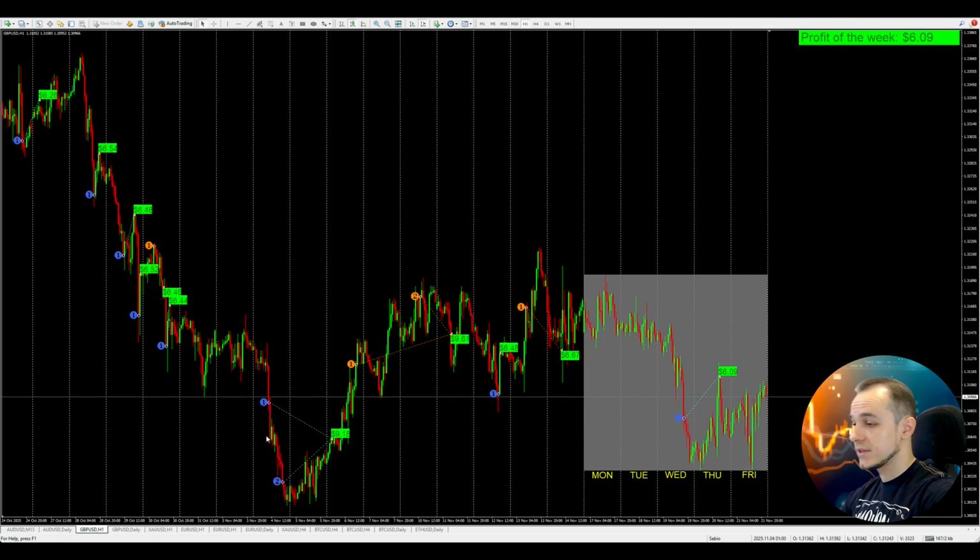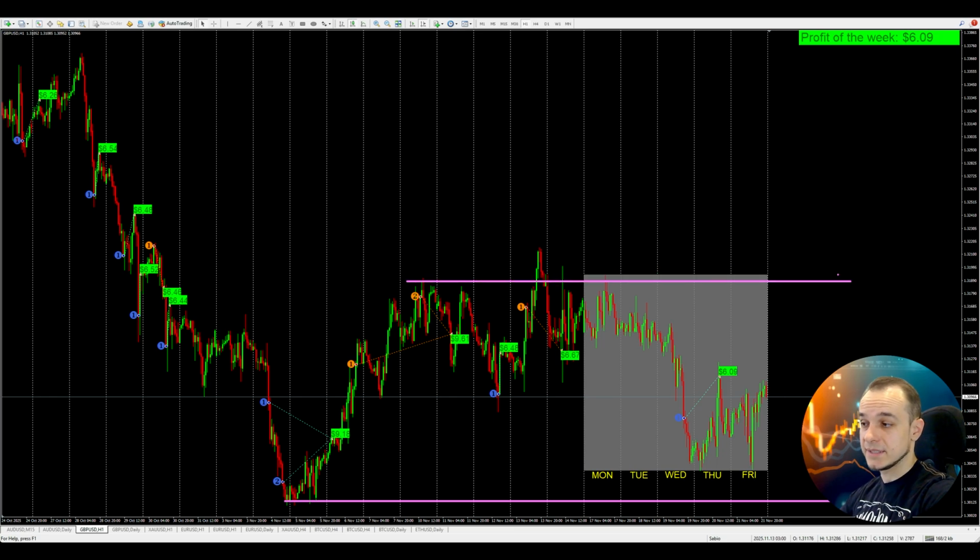The next currency pair is GBP USD, and here as you can see we spent this week in a local consolidation. Yeah, globally we have a downtrend, but as for the trades we made this week, we had only one closed trade. We made it after the price broke through the local support level, and we closed this trade on Thursday. So far we can see that volatility is not enough for us to open new trades,